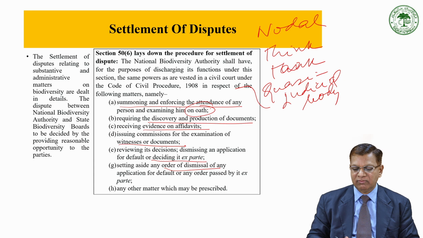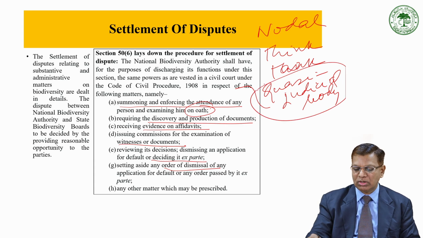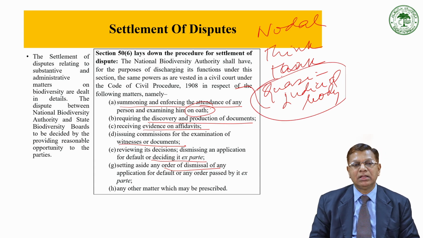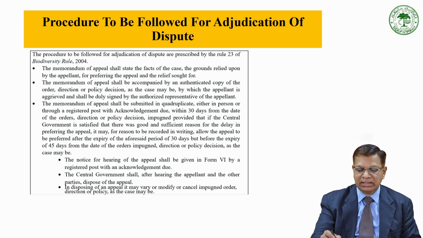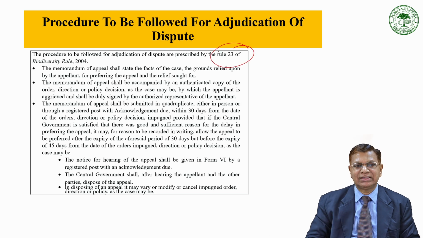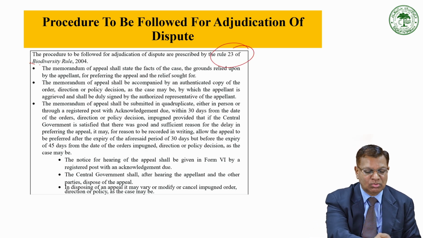Now we are moving from that role to a quasi-judicial body, which is permeated under Section 50, subclause 6 of the Biological Diversity Act, to see how they are going to settle the dispute in an amicable manner. The procedure of adjudication of dispute, to that end we have to see Rule 23 of the Biodiversity Rules 2004,